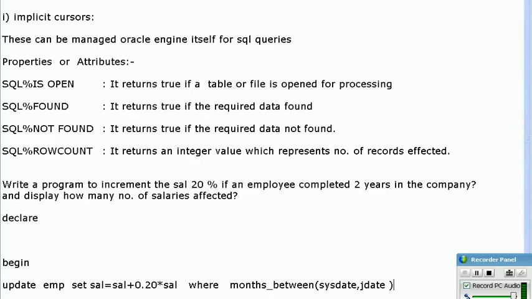Difference between two dates. If it is greater than or equal to 24, am I right? Yes, month means 12, 12, 24. Okay, greater than or equal to 24. Then you have to increment the salary of that employee with 20%. This is the query. Once you have finished this,